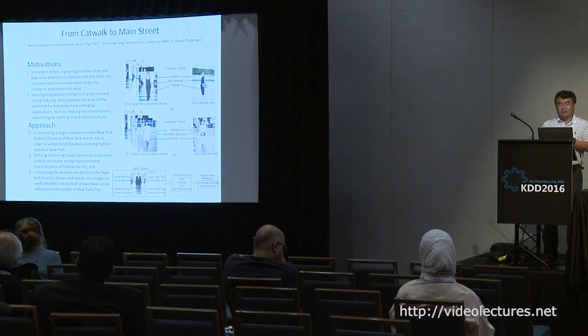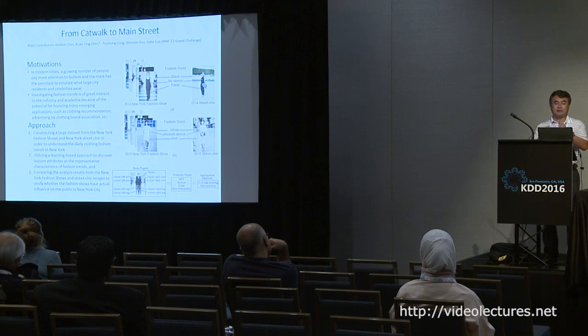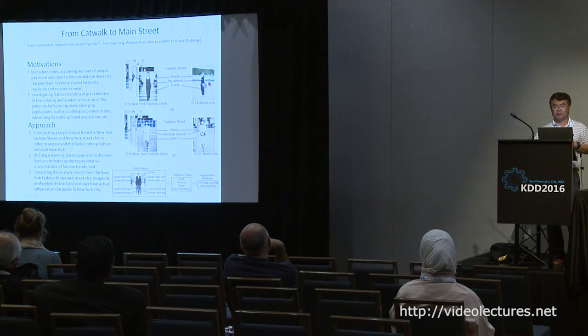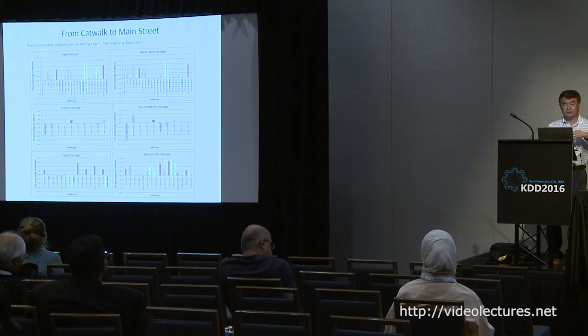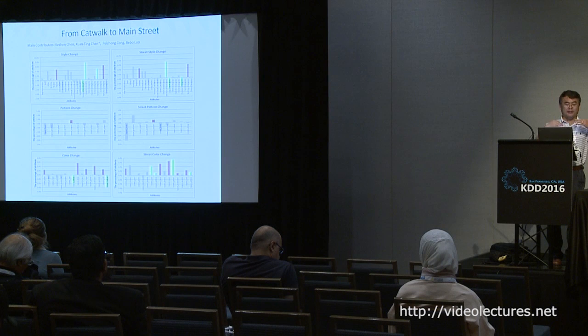Okay, it's awkward. Because those designs were intended for spring and summer, after a few months we collect pictures for New York as well. And then we get what we call street chic images, and we analyze the clothing features as well. This is what we get. We categorize the clothing-related features in terms of design features, style, the patterns they use, the colors they use. This is the fashion show on the left, and then street chic.